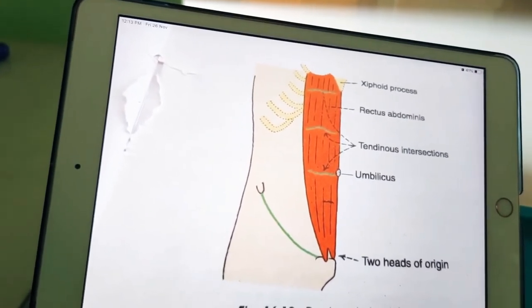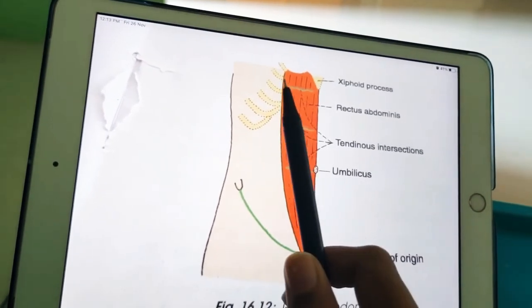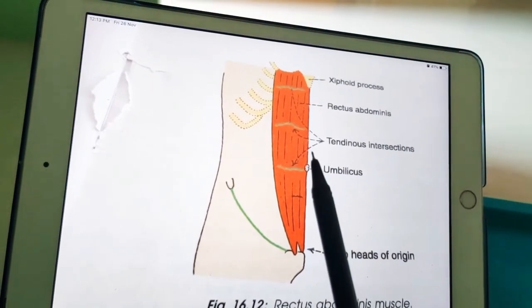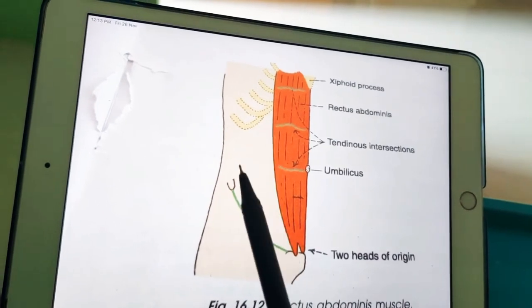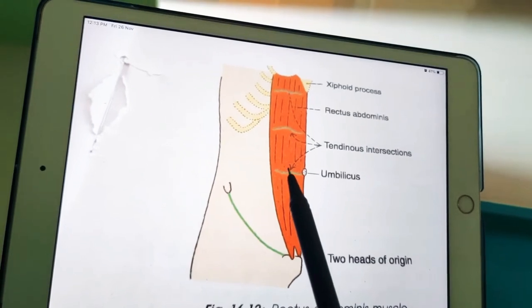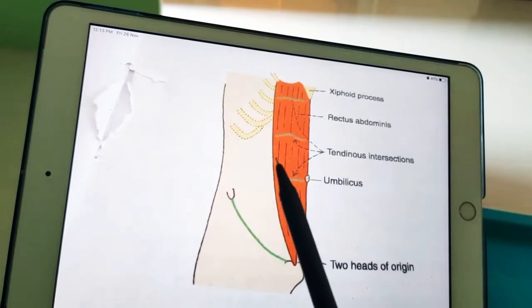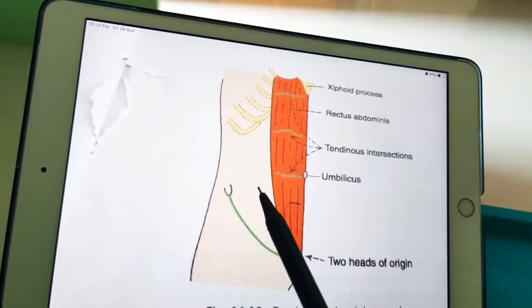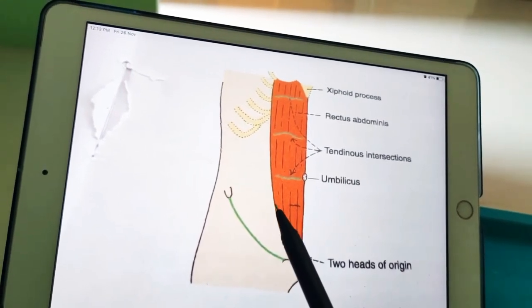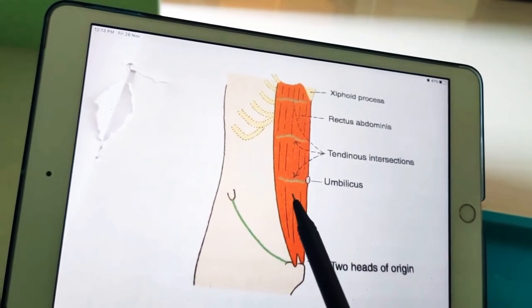Coming to tendinous intersections, these are three transverse fibrous bands. You can see here clearly 1, 2, 3. These are called tendinous intersections. These transverse bands divide the muscle into smaller parts. One lies opposite the umbilicus, the second one is opposite the free end of xiphoid process, and the third one is between these two. One or two incomplete intersections may be present below the umbilicus. The intersections are zigzag in nature, transverse only the anterior half of the muscle, and are adherent to the anterior wall of rectus sheet.